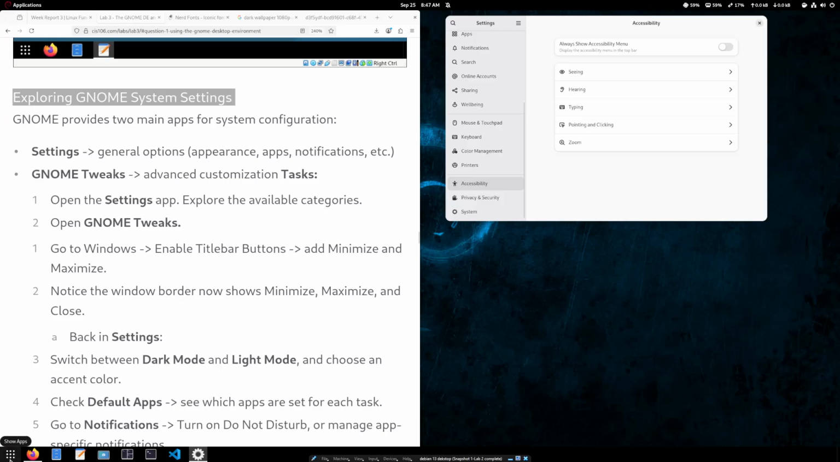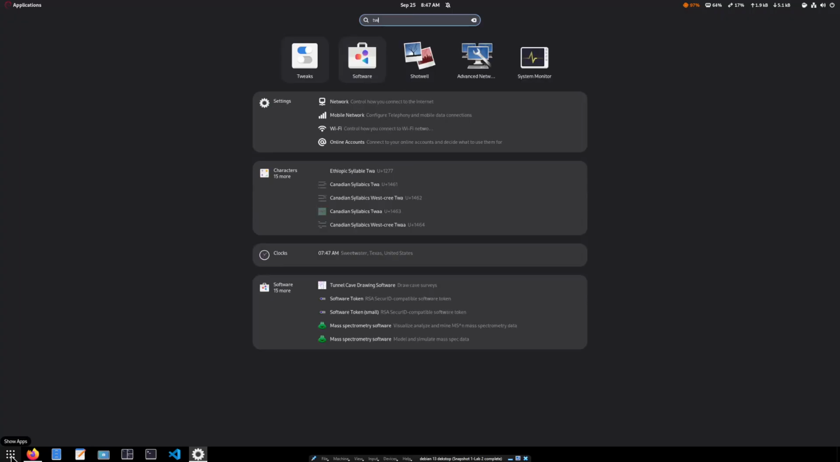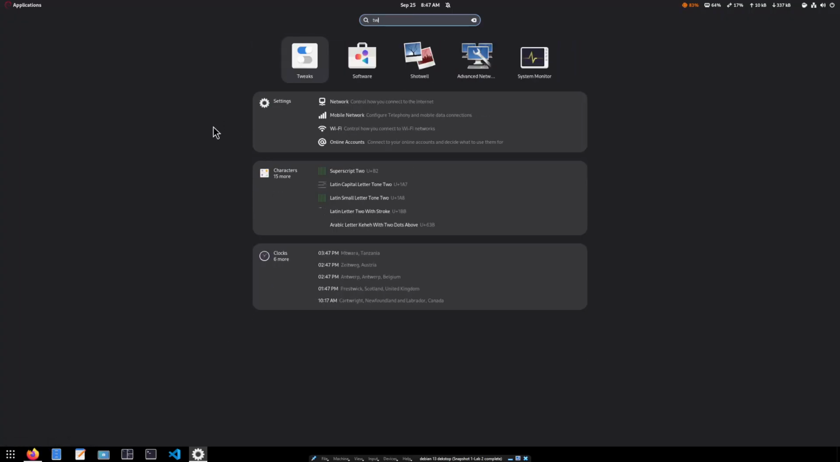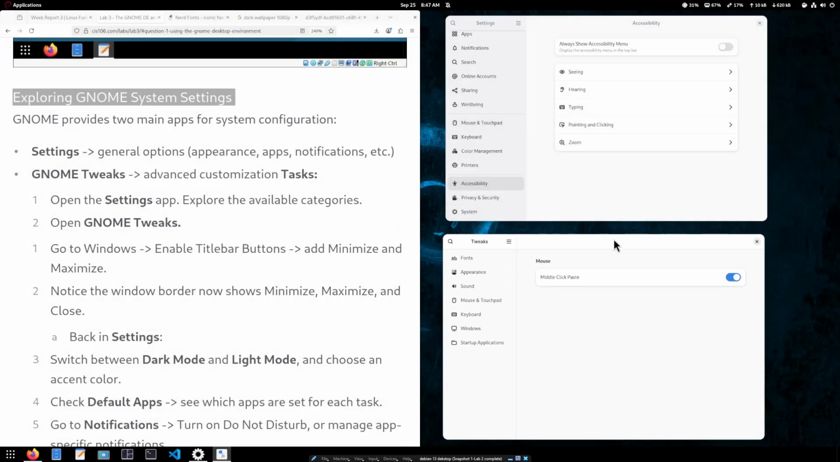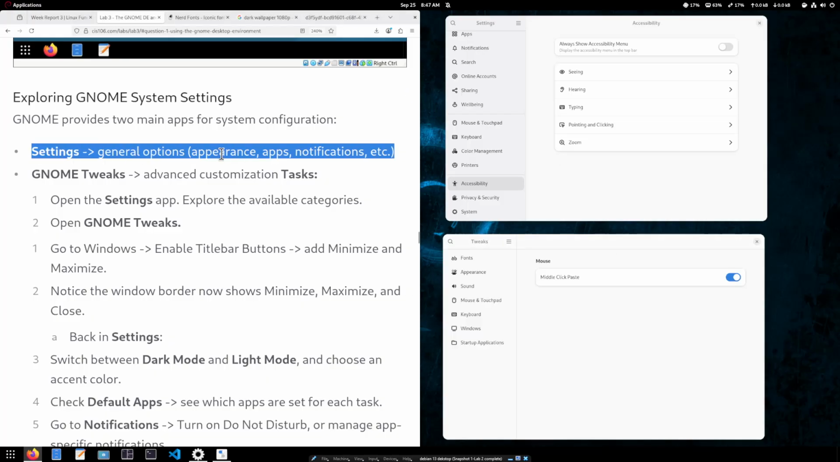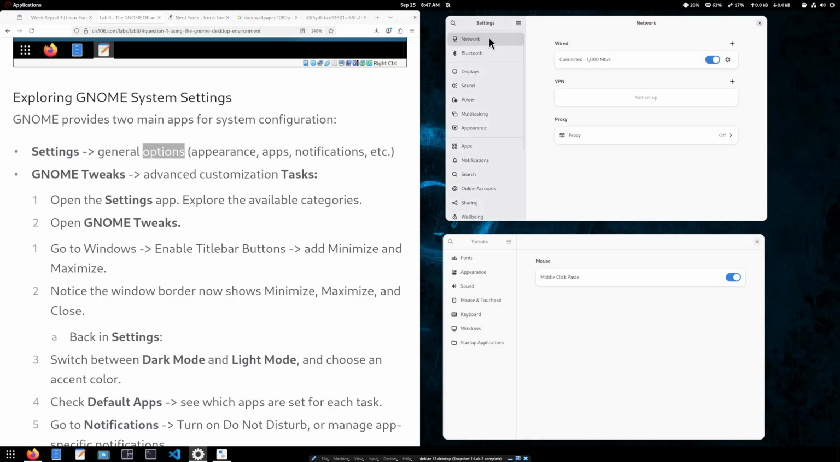So search for Tweaks, and it's right here, GNOME Tweaks. And it looks like this, and it allows us to do a little bit of tweaking to the desktop environment, and I'm going to show you in a little bit what I mean by that. So under settings: general options, appearance, apps, notifications, etc. Right, so let's go to settings: network, Bluetooth, display, sound,